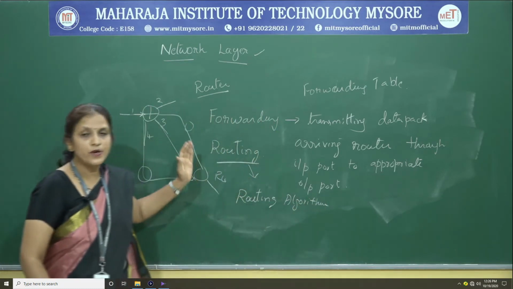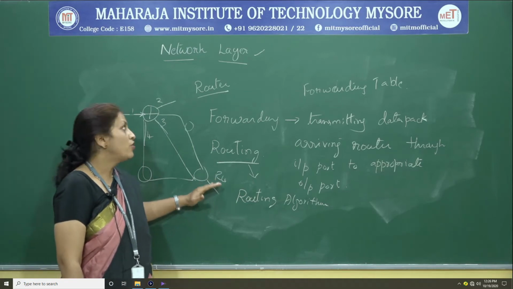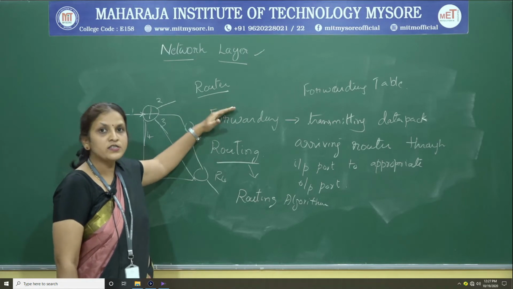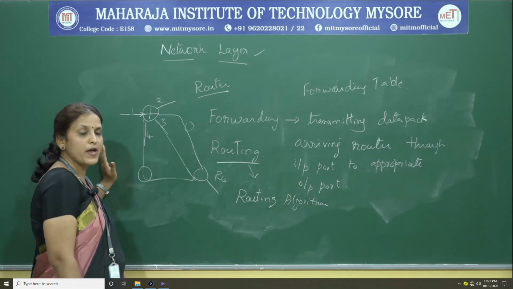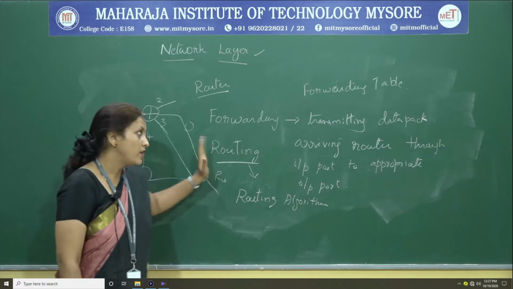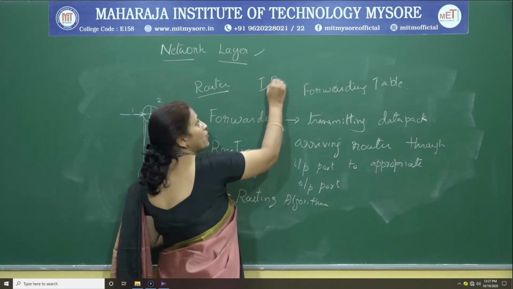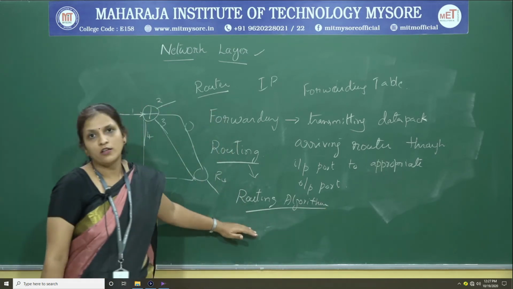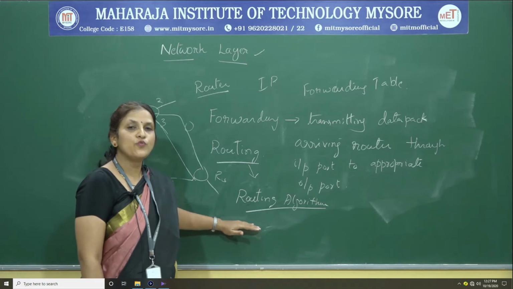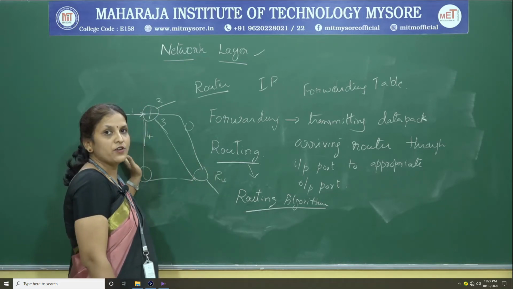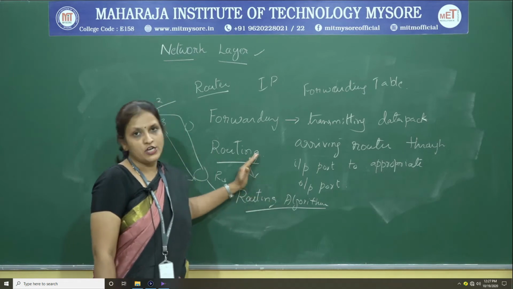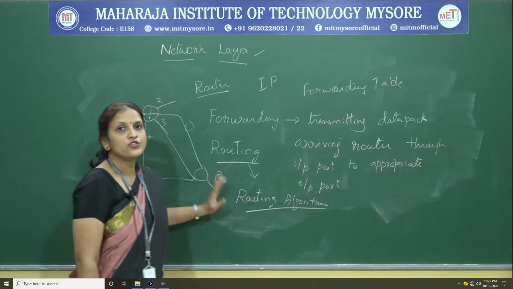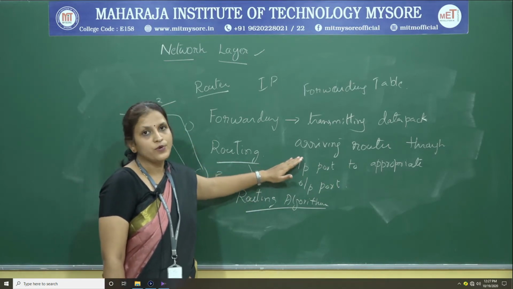In this particular module, we are going to study what exactly a router does, how exactly a router functions in order to transmit the data packet from one end to another end, and then we are going to study the Internet Protocol. After that, we are going to study various routing algorithms through which we determine the path the packet should take from one end to another end in the network in order to arrive at the destination. This is what we are going to study in the network layer in this particular module.